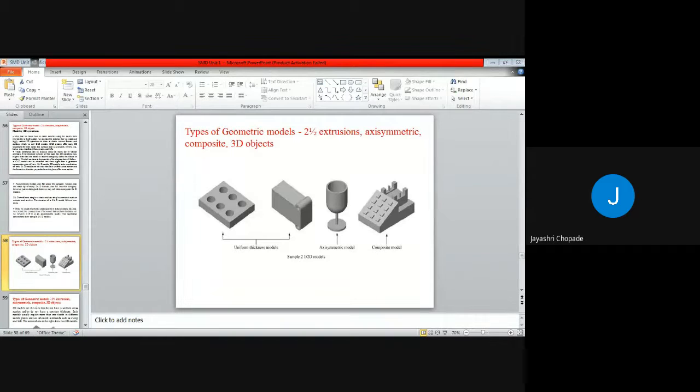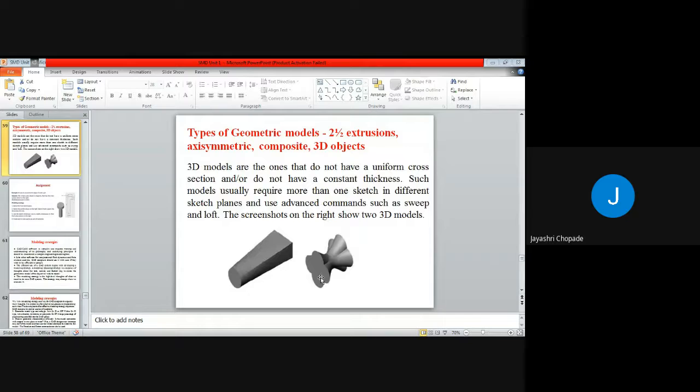And this last one is the composite model, because we are creating this model by a combination of two different products or two different models. So this is the example of 2.5D, axis symmetry and 3D object. Here the 2.5D has uniform thickness, and the axis symmetry has the axis, and it revolves in 360 degrees. So there are some examples here.